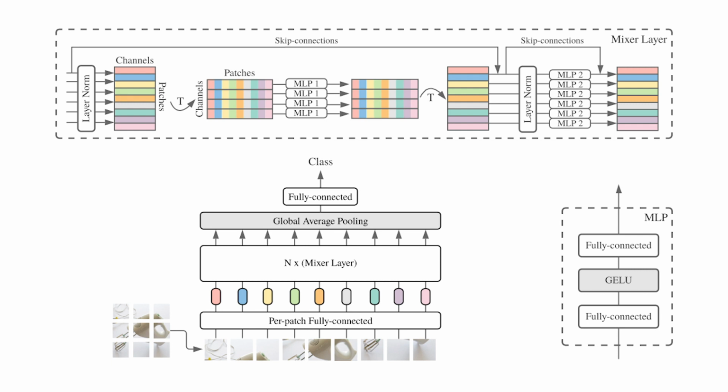The process of mapping all rows using the first MLP is called channel mixing, and its goal is to combine features inside of a single patch. Similarly, the process of mapping every single column using our second MLP is called token mixing, and its goal is to accumulate information over different patches. The mixer block performs one token mixing followed by one channel mixing. I guess the code will make this more clear.